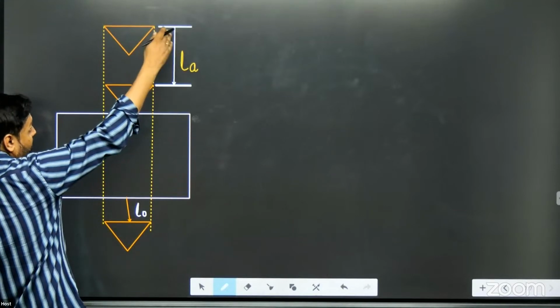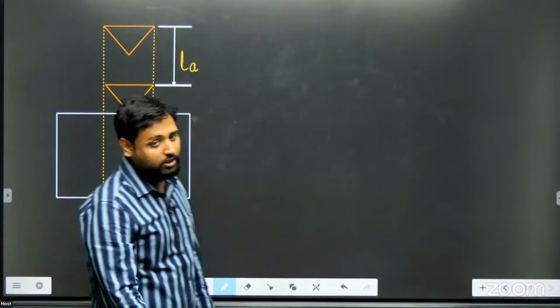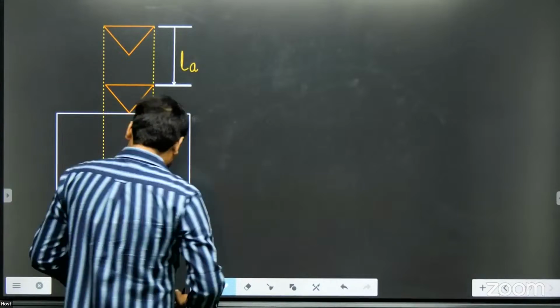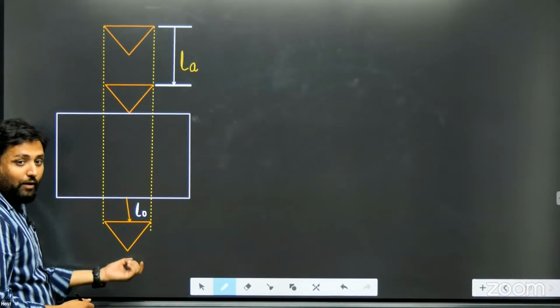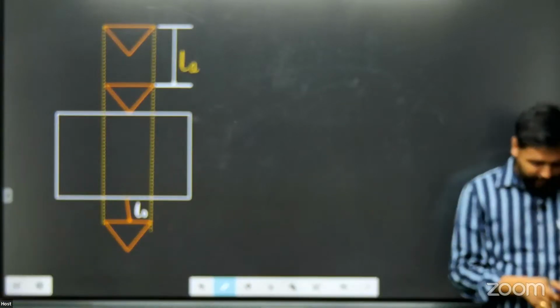This is the distance that it travels before coming in contact. So that distance of travel of the drill bit is called as approach. And then after drilling, this drill bit comes out and travels, let us say, certain extra distance. So that is what we call as over travel.